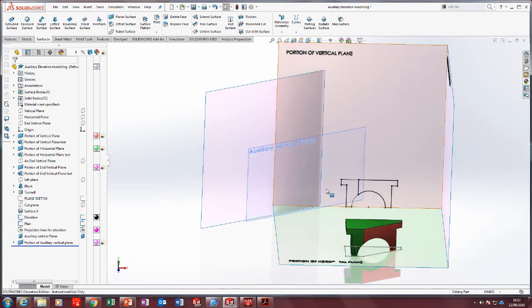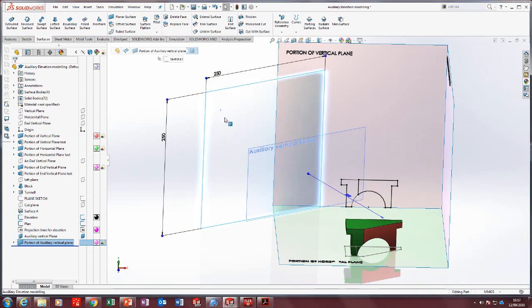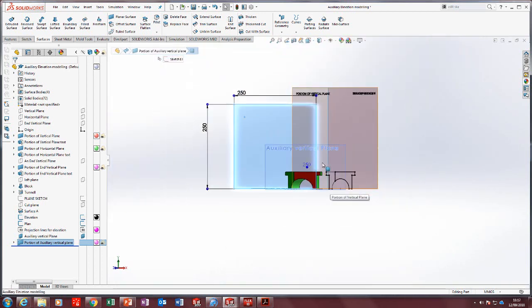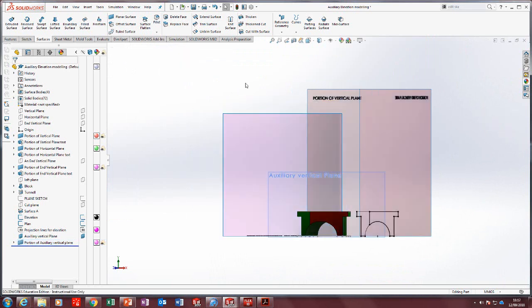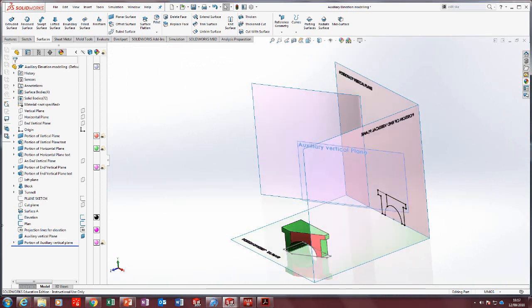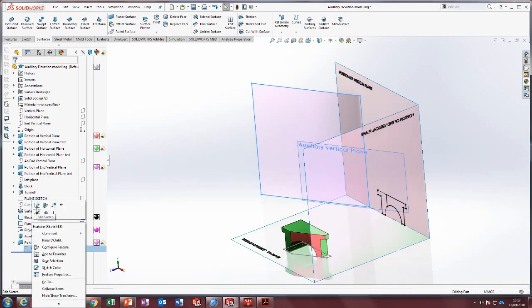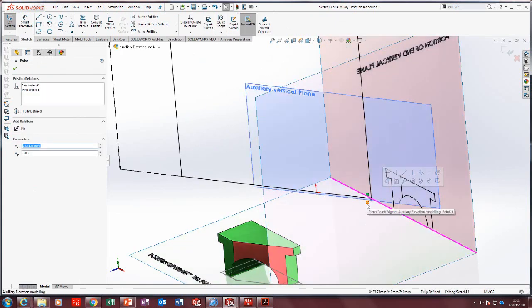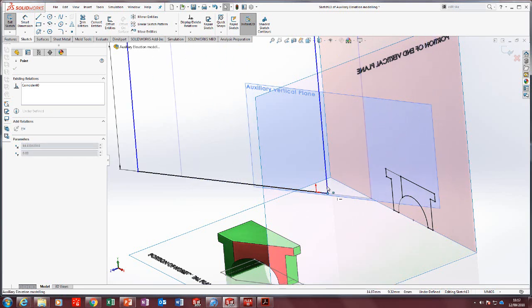Okay, now, so how an auxiliary works in 3D is we project what we see onto the plane. Okay, so that I actually do need to make this bigger. So I'm going to get you to highlight this arrow across here, right click, edit sketch, click that dot there. That's the pierce. Press delete, stretch that,